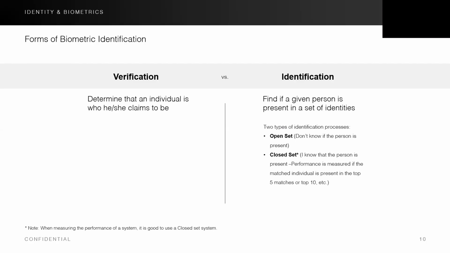Verification is essentially determining that an individual is who he or she claims to be. It is typically a 1:1 comparison. For example, when I show up at a biometric device and I present an identity card claiming that I am Praveen, and at that point of time, I present a probe biometric of either my face or my fingerprint, and